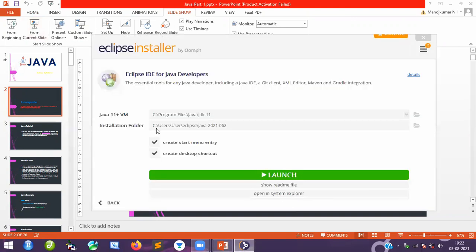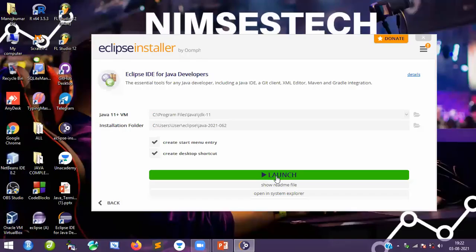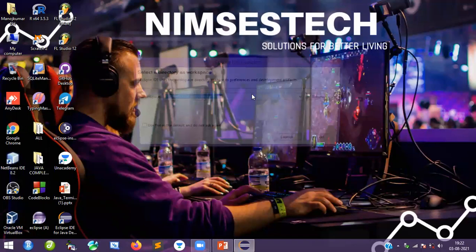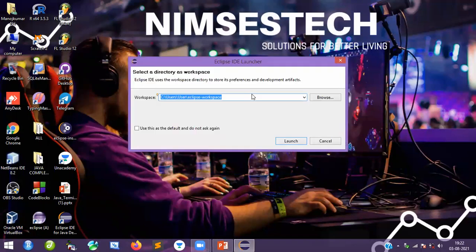If it is installed, guys, it's very nice. Launch it. That's it. This is the new one, Eclipse IDE 2021-06. Guys, if you are installing this one, definitely you have to install JDK 11 or later: JDK 11, 12, 13, 14, 15. It will not work on which one? JDK 8. Be careful. It will not work on JDK 8. If you say, sir, it is not working, definitely you have installed JDK 8. If you have installed JDK 8, use the method I showed you.